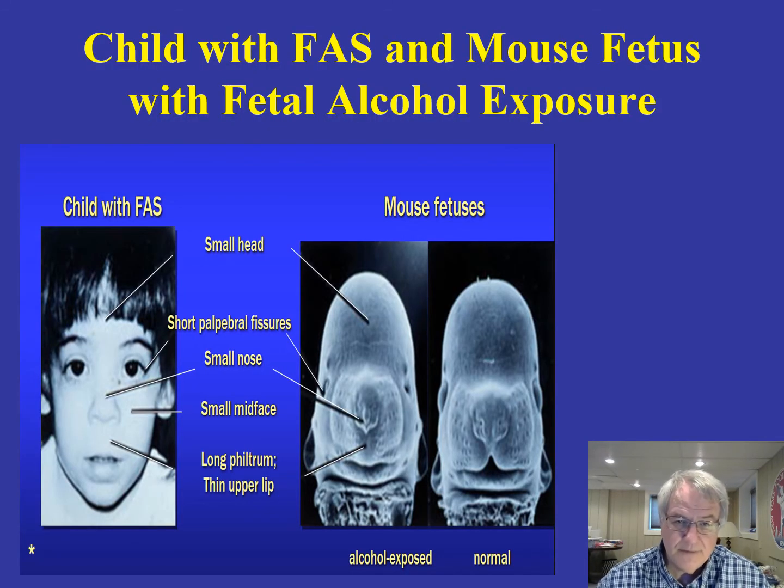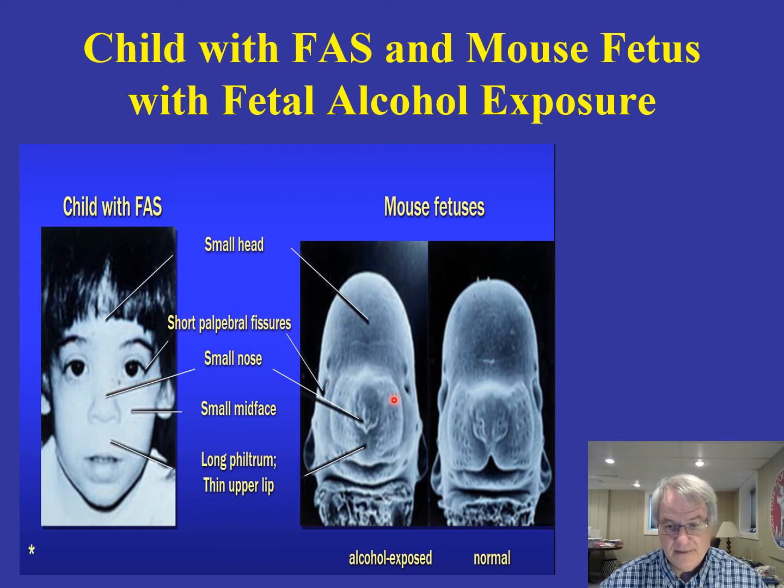We have a number of good models for studying this now. One utilizes the mouse. And if you take a look at this slide, you see some striking similarities in terms of a child with fetal alcohol syndrome and mice, young mice that have been exposed prenatally to alcohol. And again, a lot of the same characteristics, small nose that you see here. These relatively short fissures that you see here in the eye, very similar in terms of the mouse,